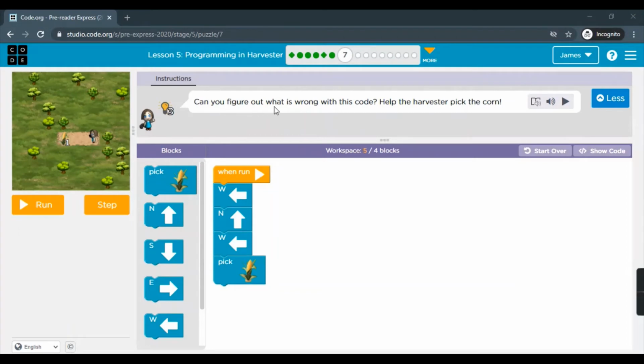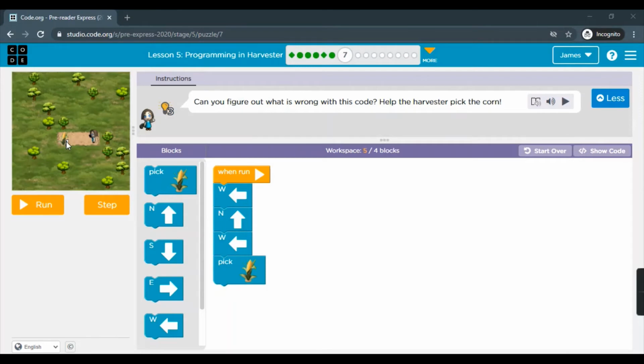Instructions. Can you figure out what is wrong with this code? Help the harvester pick the corn. So we need to count the steps we need to take and analyze the code already written here. Okay. So 1 and 2 steps are required to reach the corn and to pick, 1 pick block is required.